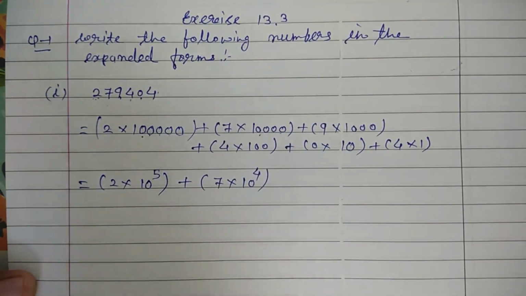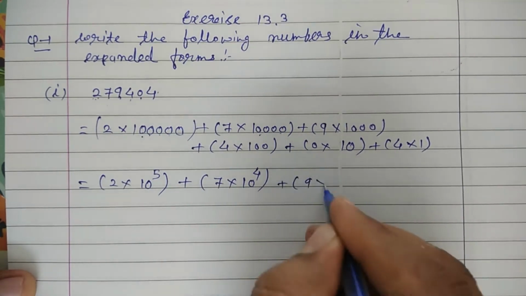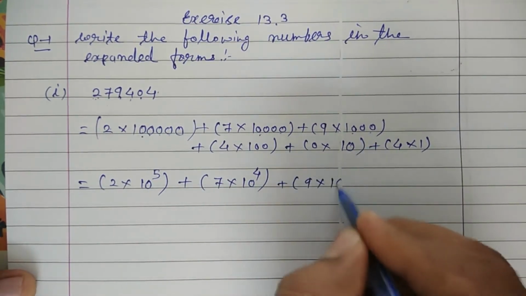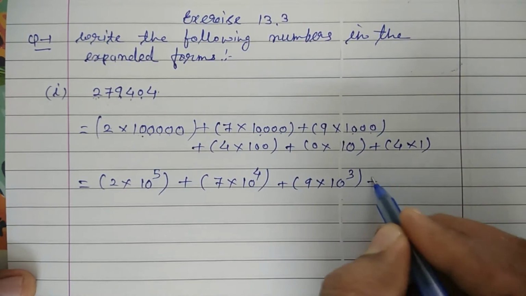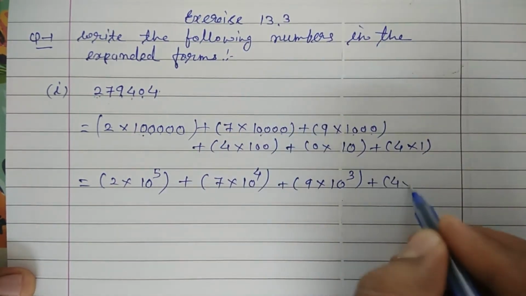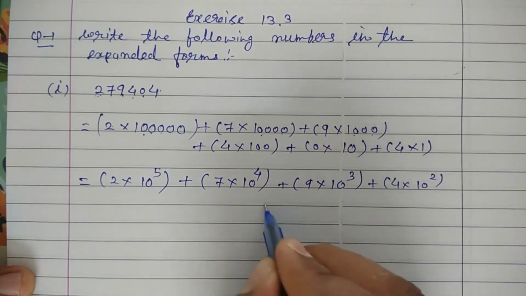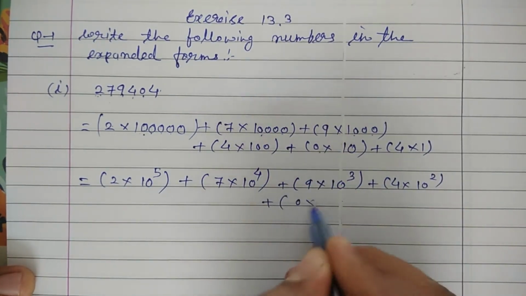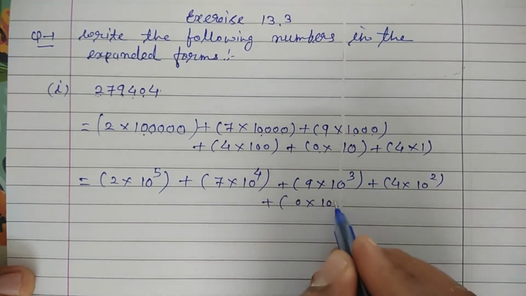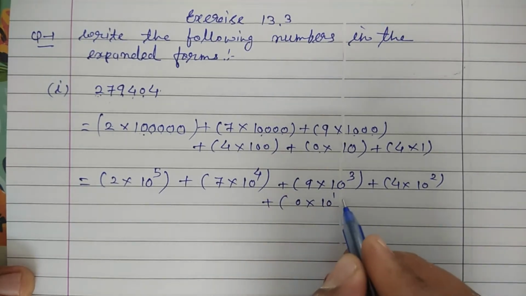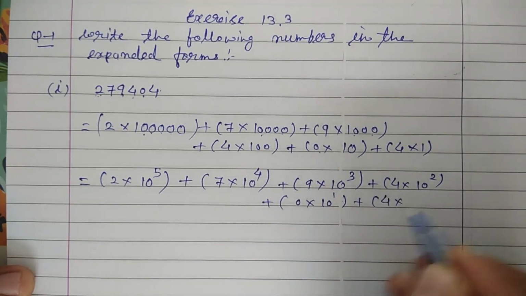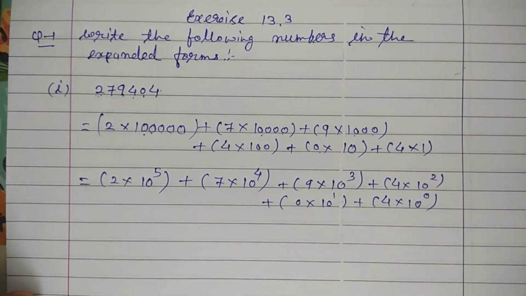So 10 raised to the power of 4, plus 9 multiplied by, 3 zeros are there, it is 10 raised to the power of 3, plus here 4 multiplied by, 2 zeros are there, so it is 10 raised to the power of 2, plus here 0 multiplied by 10, that is 10 raised to the power of 1 we can write, and plus 4 multiplied by, for 1 we can write it as 10 raised to the power of 0. So this is expanded form of the number